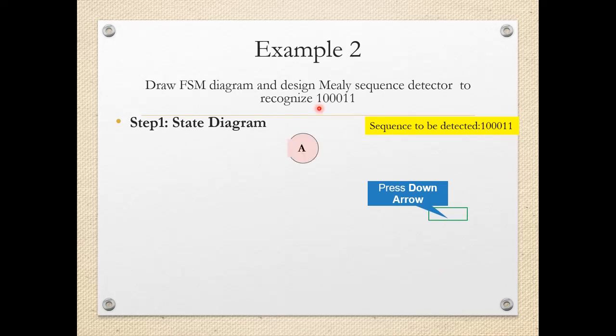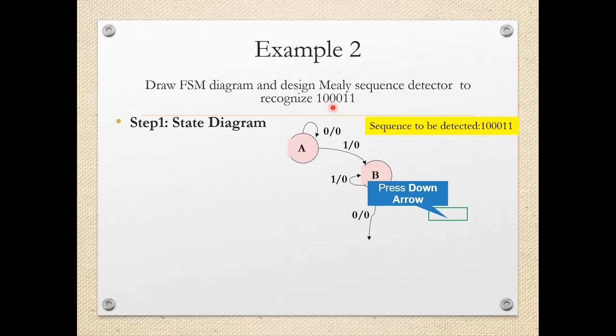So we'll go into the first state, that is state A, in which we'll check for the first bit, whether the first bit is 1 or not. If 0 comes, remain in the same state with output 0. If 1 comes, go to the state B. In B state, now we'll check for the second bit. The second correct bit is logic 0. So if 1 comes, remain in the same state. If 0 comes, go to the next state C.